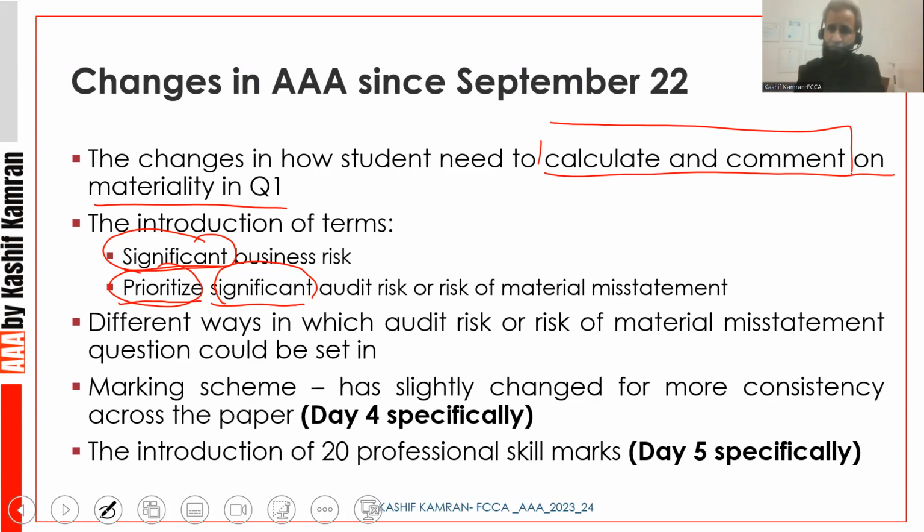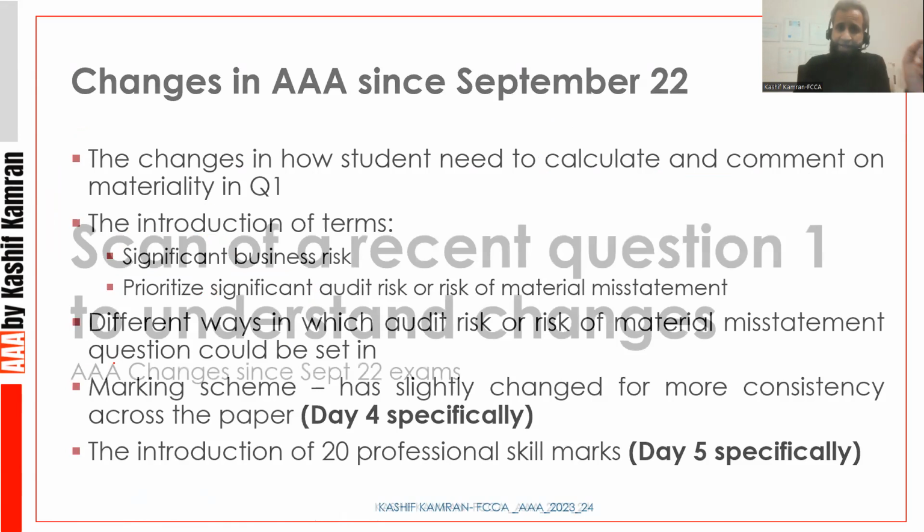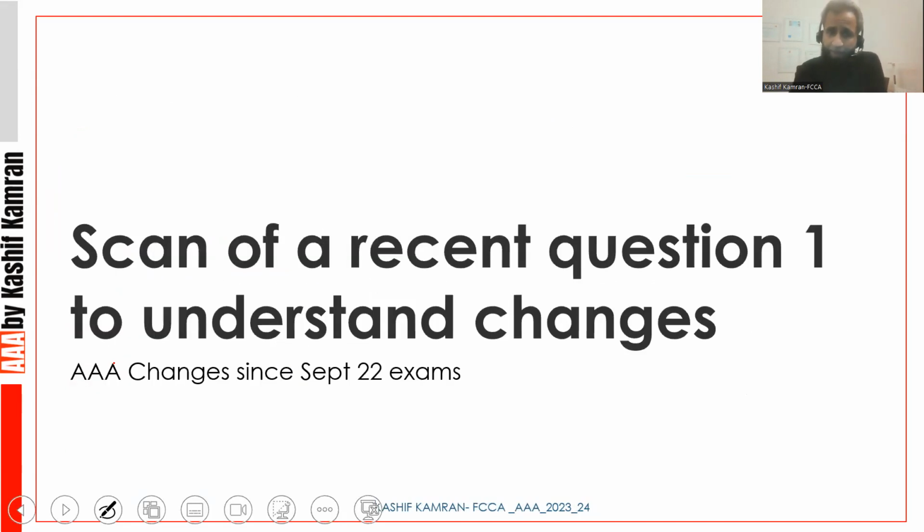But for the day 2 and day 3, we are looking at bullet number 1, 2, and 3, which is the changes brought into how you calculate and comment on materiality in question number 1, the introduction of the term significant with business risk, and the introduction of the words prioritize and significant with audit risk and ROM, and then the different ways in which a question on audit risk and ROM could be set. So it's all about changes in question number 1, except for bullet number 4 and 5, which affect the overall 100 marks paper. So let's take a scan of a recent question number 1 to understand the changes around materiality,